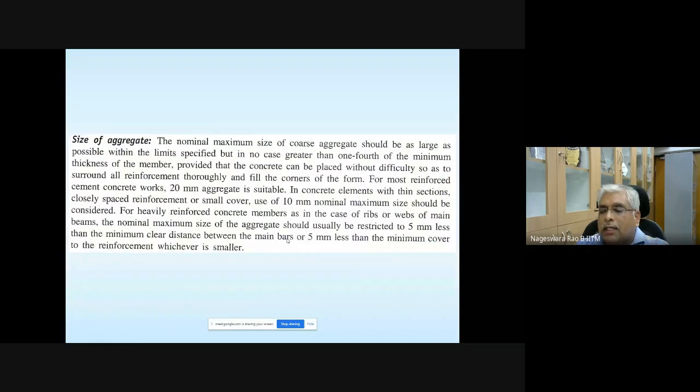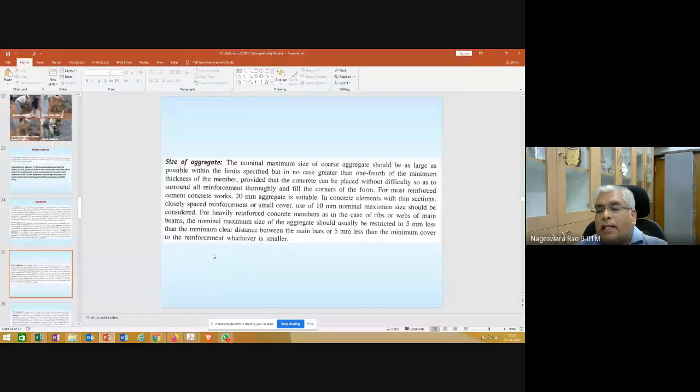You just see the reinforcement drawing, you get an idea what is the spacing between the reinforcement bars, and the concrete should flow between the reinforcement bars. So 5 mm less than that spacing, minimum clear distance between the main bars, or 5 mm less than the minimum cover to the reinforcement, whichever is smaller. So this is how you can decide the nominal maximum size of coarse aggregate.